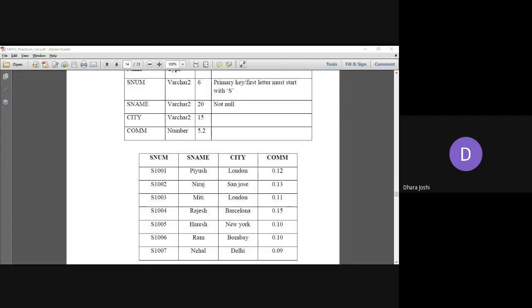Okay, Urvashi and Nancy already done. Very good. Whenever you are inserting the records into this table, make sure that capital letters and small letters need extra care, because at the time of retrieving the data, it matters.